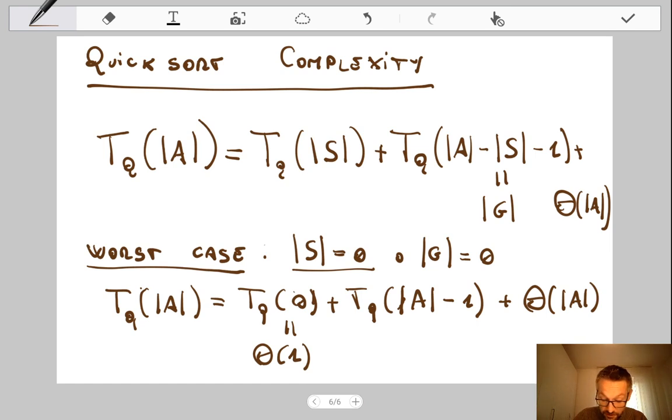We already know it, and so if we unravel this equation by induction, we end up concluding that this equation belongs to